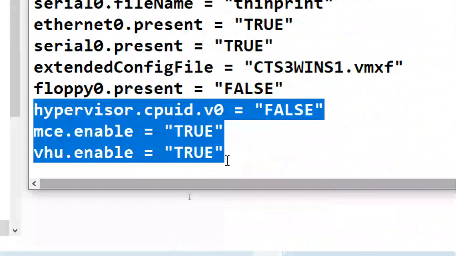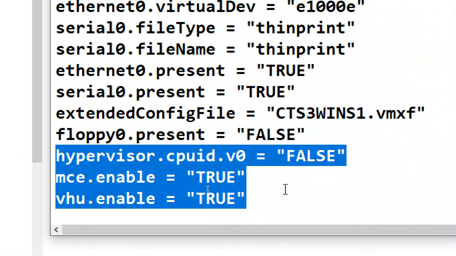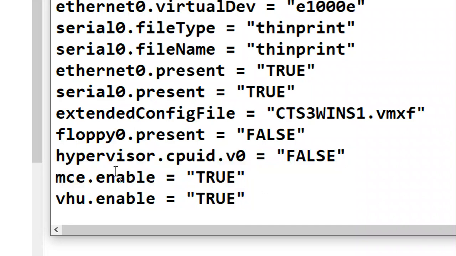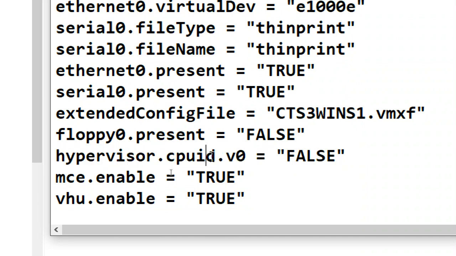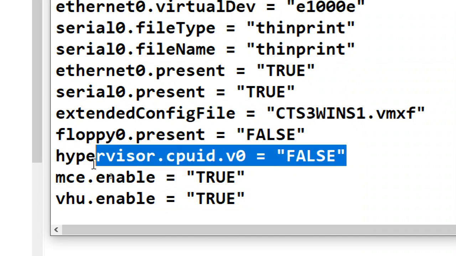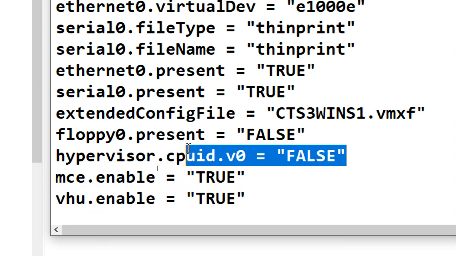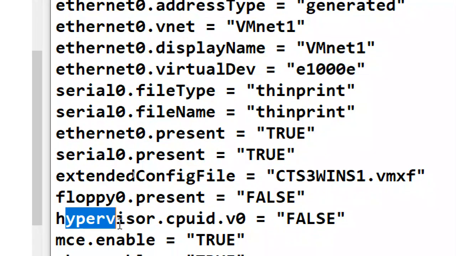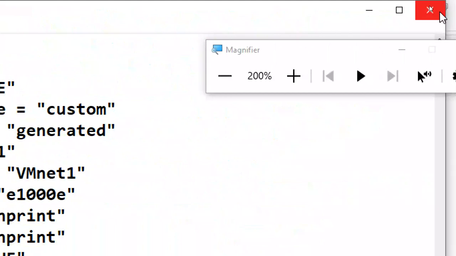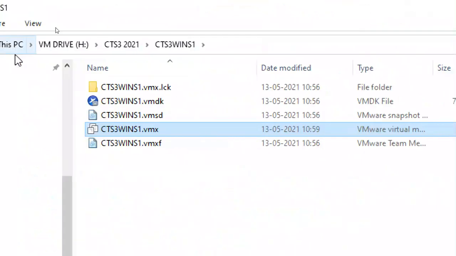I want Hyper-V in my 2016 server, so that's why I'm adding these things. To install Hyper-V, these three lines need to be there. What is the meaning of this line? Mainly, see hypervisor CPU ID V0 false, false. This would enable virtualization, but it is false. Why false? It means it is not there. So you just read it, and I will tell the explanation later. Save it, close it, and we don't require this one now.